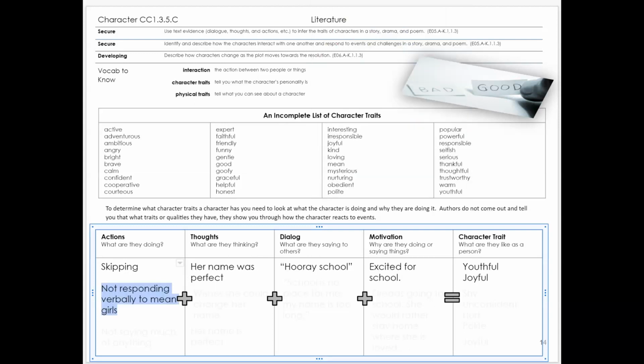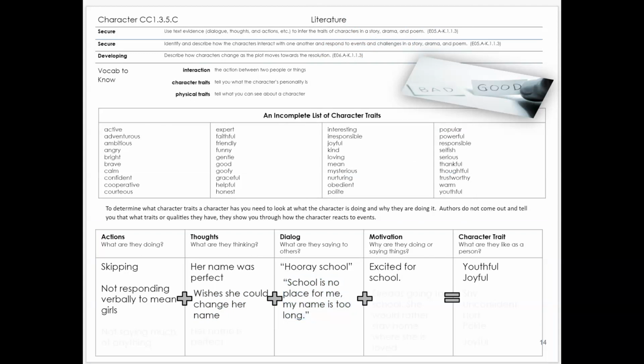In terms of actions, she's not responding verbally to the mean girls. She hears them, it affects her, but she's not responding back to them. But what she's thinking about is that she wishes that she could change her name in response to what they're saying. And she says things like, school is no place for me. My name is too long. So that's what she's saying to her parents when she gets home, where before she thought that her name was perfect. And her motivation